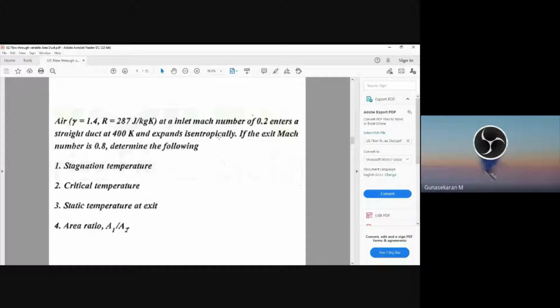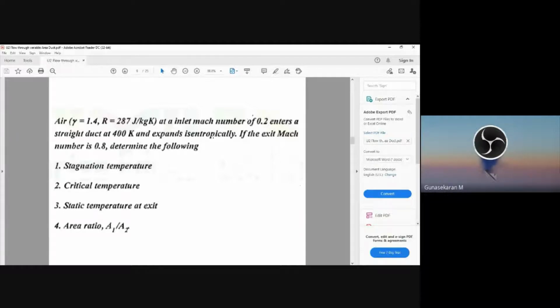So it is very important that it expands isentropically in the duct. You have to understand what isentropically means. It is like just a simple duct, so it will not have any work transfer or heat transfer. It says clearly expands isentropically, so when the statement is given like this, you have to understand the problem. You know what is meant by isentropic. I have given you the clear explanation, so that should be clear.